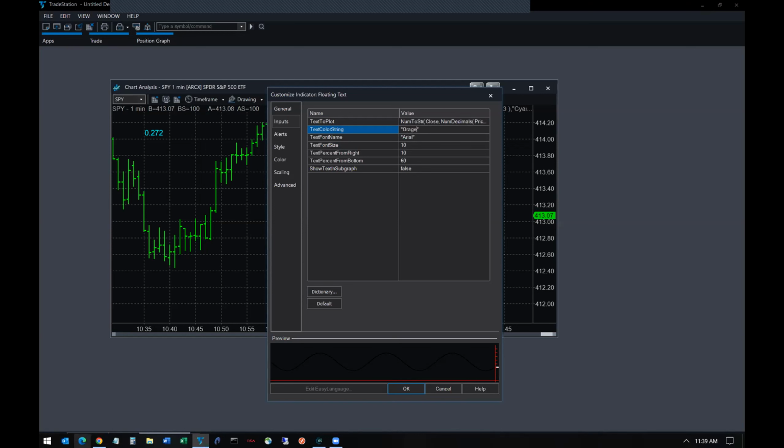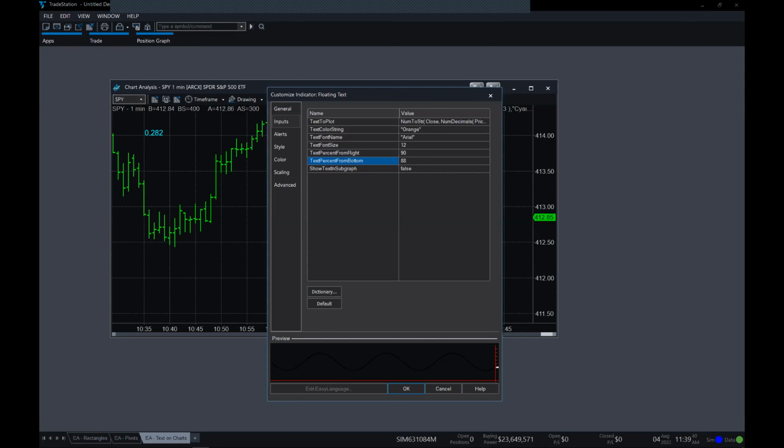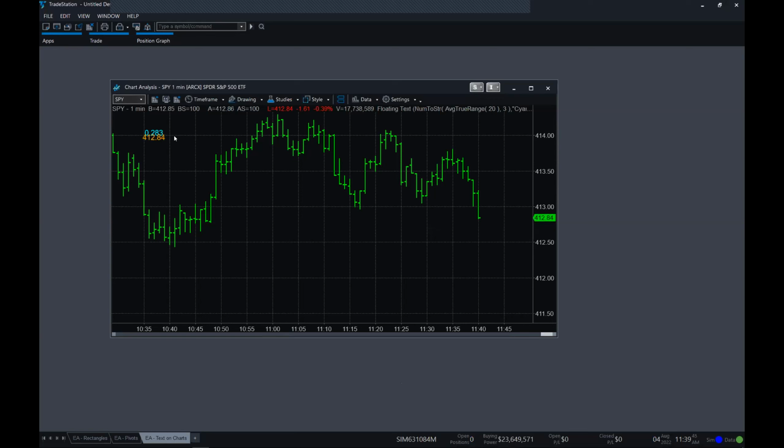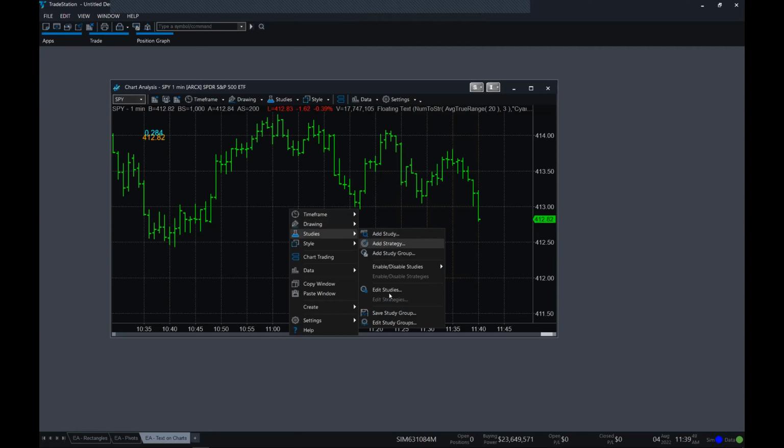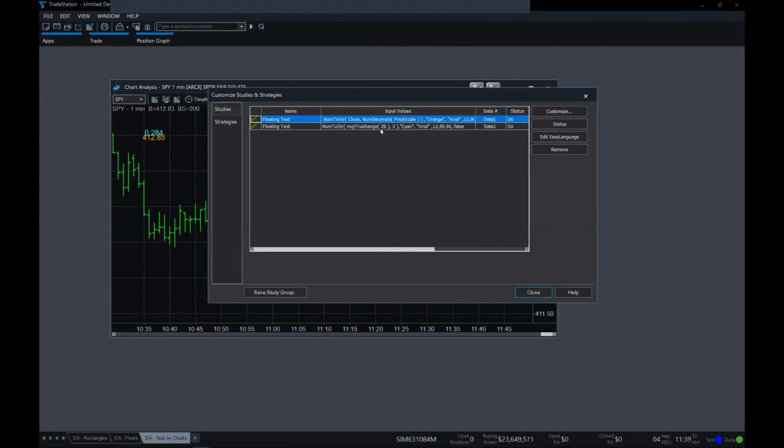Let's just say orange. Let's just say I wanted the close there also. And the percent from right, would we say 90? And then the percent from the bottom, let's say we want this one a little below the other one that we've got there. So I'll put 88 and see where it shows up. So okay, there's the close. Let me move that down a little.